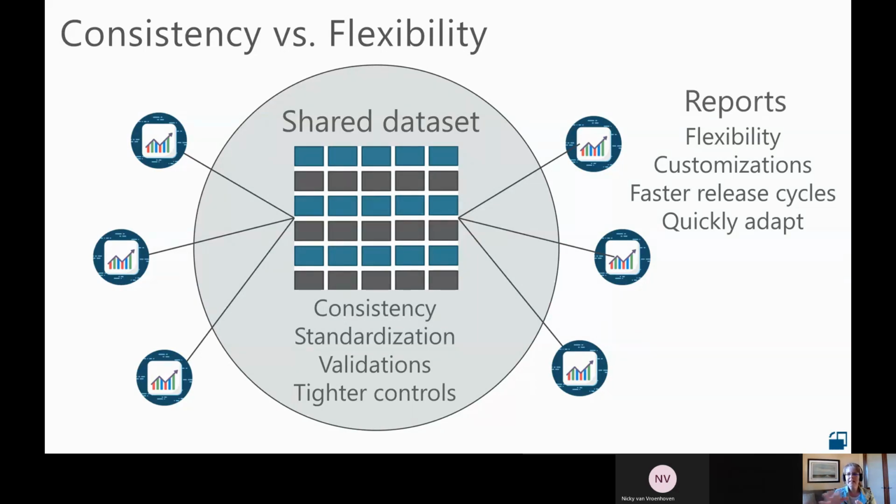In this depiction, what it's showing is one data set that's serving multiple reports. This is kind of the canonical example of managed self-service BI. But I'm going to put a spin on it. I'm going to say that to do managed self-service BI, we don't have to say IT owns the data. Certain data has to be tightly controlled, right? And has to be centralized.